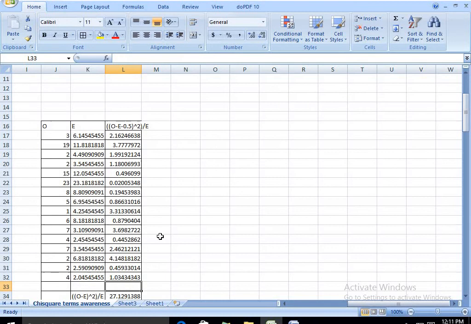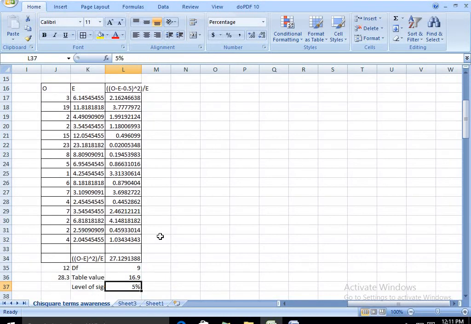When you insert the formula and drag it, you will get the total value to be the sum of all these values, which is 27.029. You can reduce your decimal places using this arrow or increase them using this arrow. Now this is your calculated value.